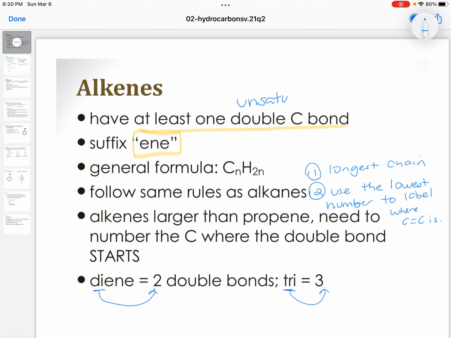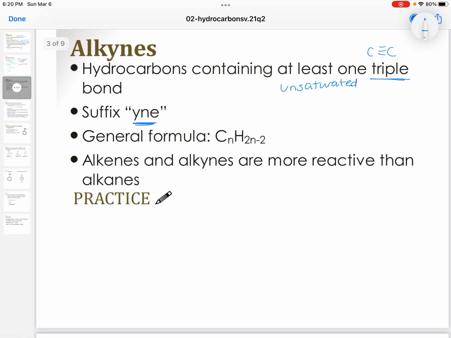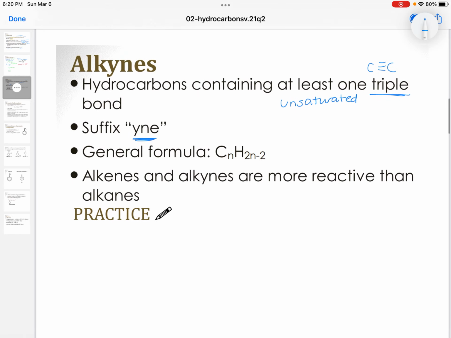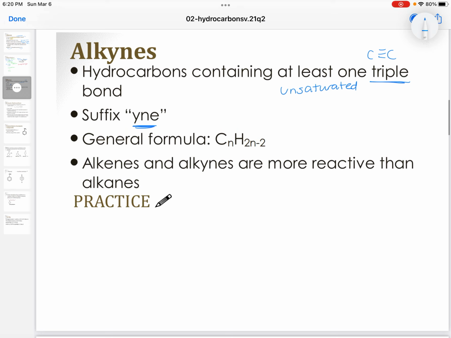Okay, so alkenes are also unsaturated because again, you can change the double bond into single bonds. Alkenes, it says it right there. Alkenes and alkynes are more reactive than alkanes. If you want to add more here, you can. We will do a whole lesson on reactions, but the reason is these bonds can be broken